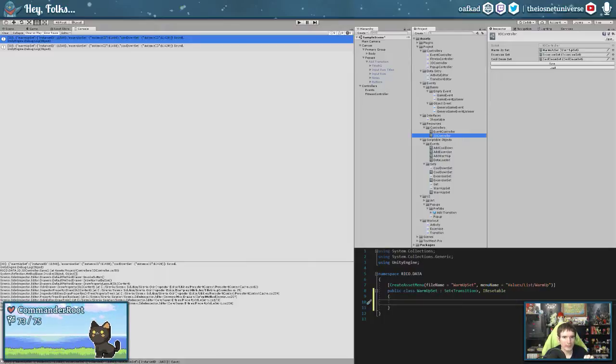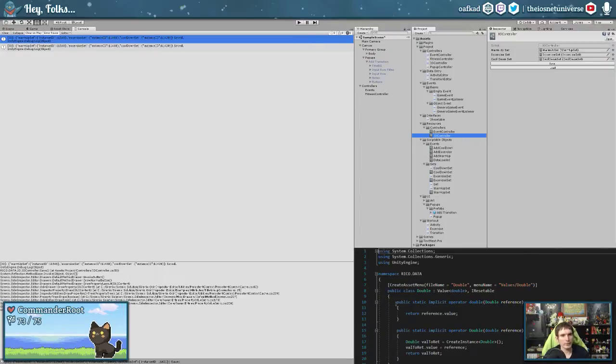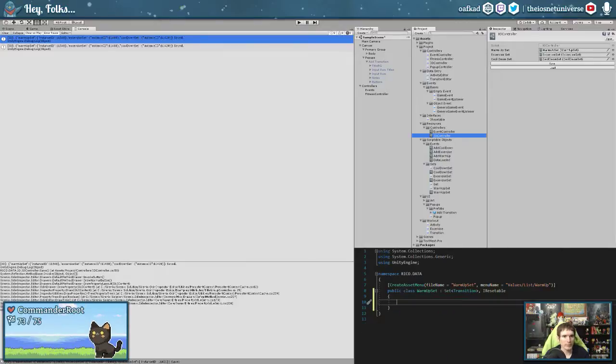Plugins, assets, libraries, not where I wanted to be actually. Projects is where I wanted to be. Tools, scriptable objects, no. Tools, data, there we are. So for instance, this double, you'll see it implicitly references a double. So we come over to, say, the warm-up set, and we implicitly will say that it is a set transition, and see if this works.